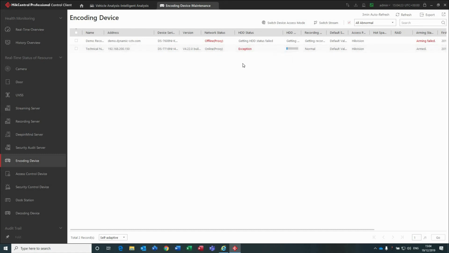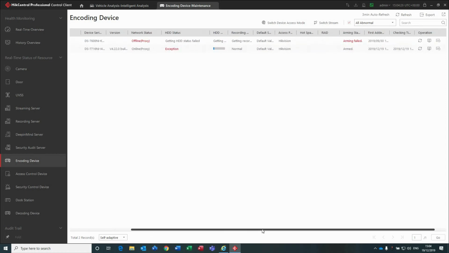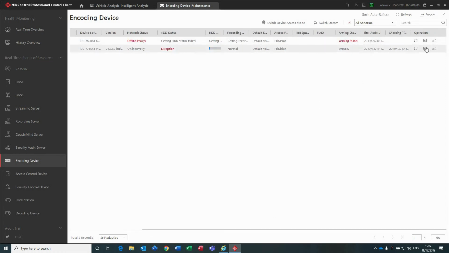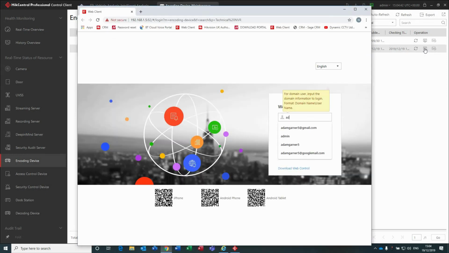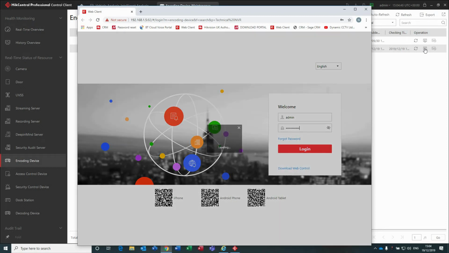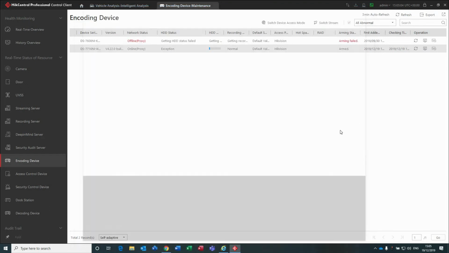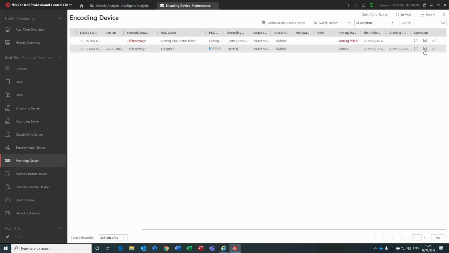What we can also do is click on this web client link. That will take us directly into the web client on HikCentral and give us the details. So if I log in with my credentials here, so if we wanted to, we can click on the link there, just the E in the monitor screen there, and it will take us to the web client of HikCentral. You've also got whether or not it's device offline recording, and we can also refresh that manually